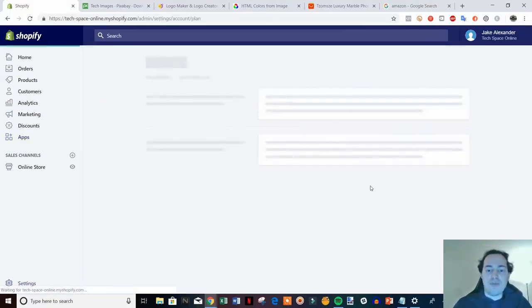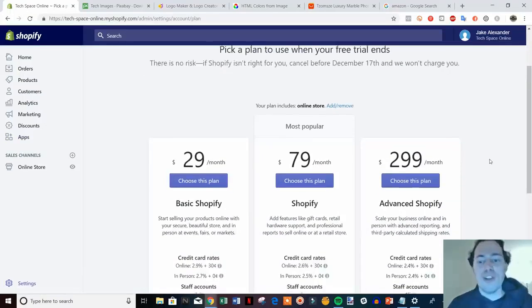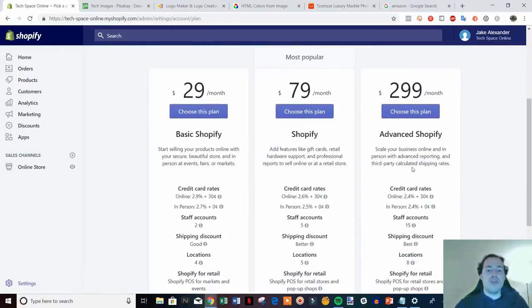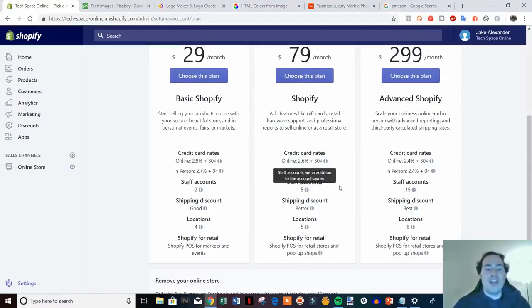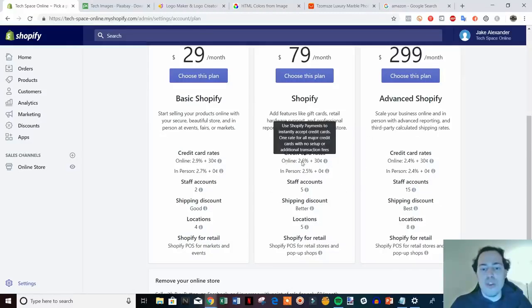Now, at this point, this is where we have to pick our plan. So in order to take the password off of our store, we do need to select a plan. So what I would recommend starting with is just basic. And the main reason that you would upgrade to these additional plans is for the reduced credit card fees right here. So you can see the credit card rate is 2.9%, but then with this it goes down to 2.6%,